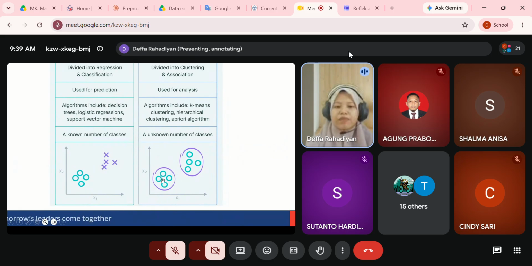We don't know what label it is, but we have a pattern. Based on the characteristics, they have two different patterns, and the similar characteristics will be one group and the others will be another group. But we don't know what label it is. The thing that we know is only that they have similar characteristics.